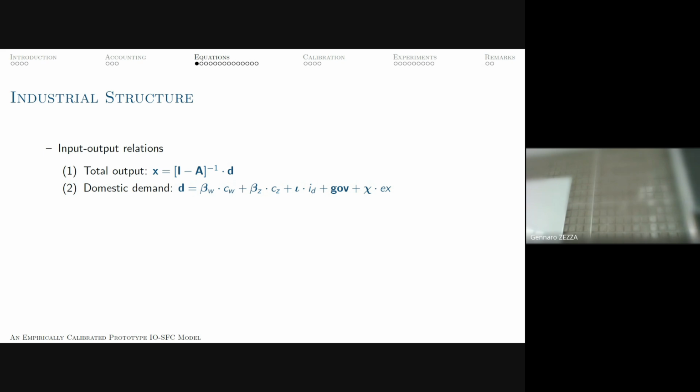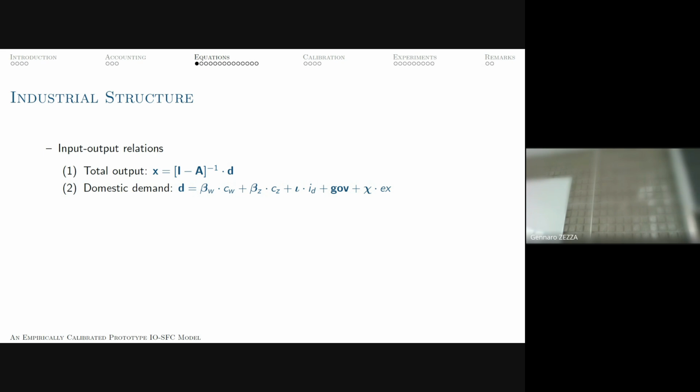When I say real terms, I don't mean physical terms only. I mean, I take the nominal variable and I deflate it using an index, which I will show you later on, the way it's defined. Why do I do this? Why don't I just have 163 consumption functions? I don't want to have 163 consumption functions. I don't want to have 163 investment functions. So this seems to be a good way